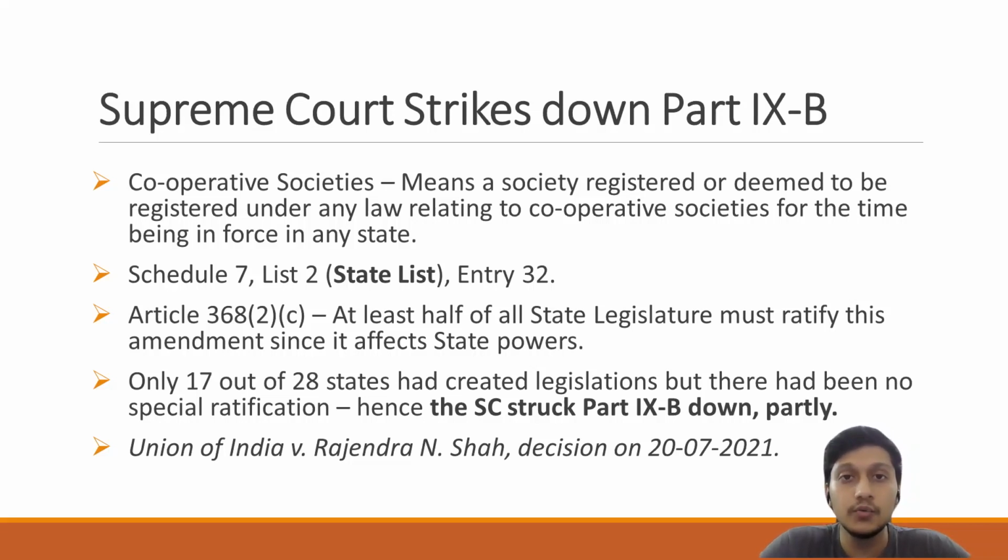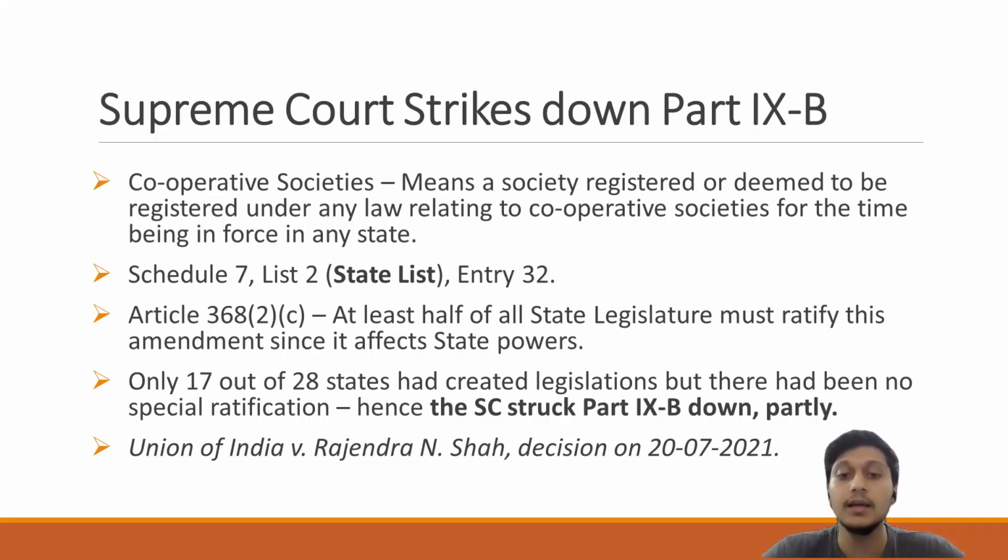But then there is an issue. What if two different bodies pass the same law but with different meanings? Which is why the Constitution devises a method of separation of powers with different lists. There is a union list, a state list, and a concurrent list. Now, this is basic. We all know this. And in Schedule 7, the exact items which each state or the country has control over are separately defined.